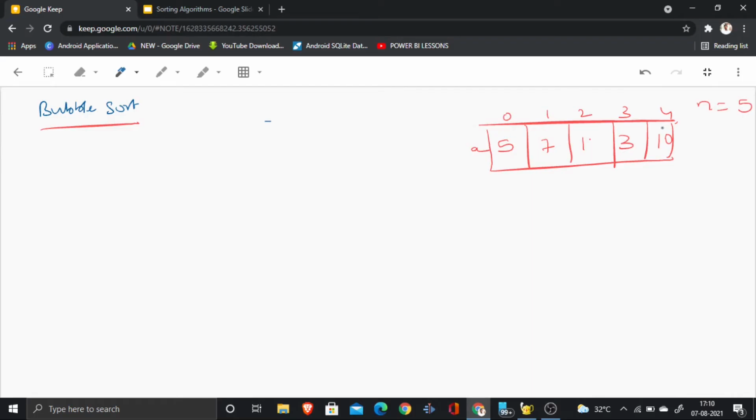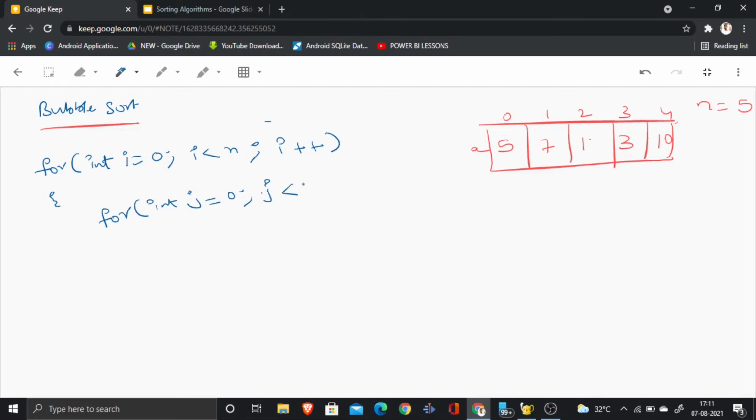We will have to go through this entire array and compare all the adjacent elements. So first, we will write a for loop that runs from i equal to 0 to 1 less than the actual size. The size is represented by n. The condition is i less than n. Every time I loop through, I'll increment the value of i. Inside this for loop, I'll write another for loop where I'll be initializing the value of j to 0, and the condition should be j less than n minus 1, and j++. We will be comparing the adjacent elements. So if a[j] is greater than a[j+1], we need to swap the elements.